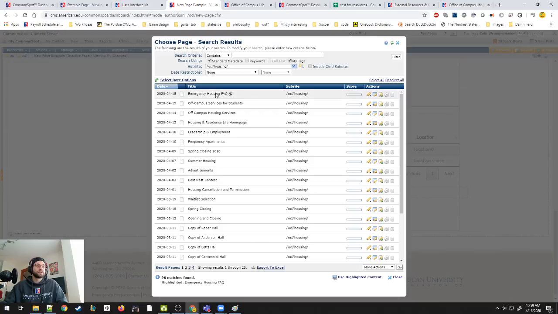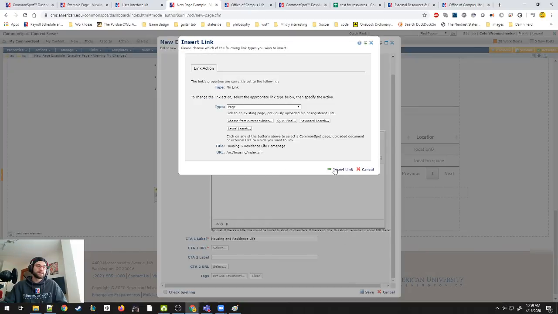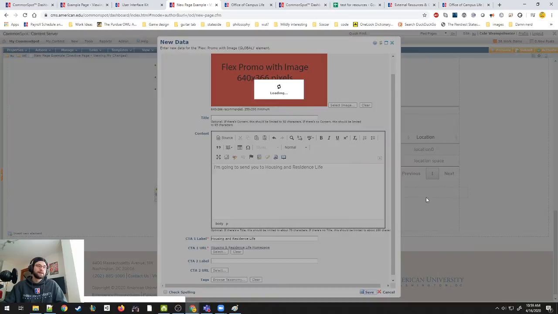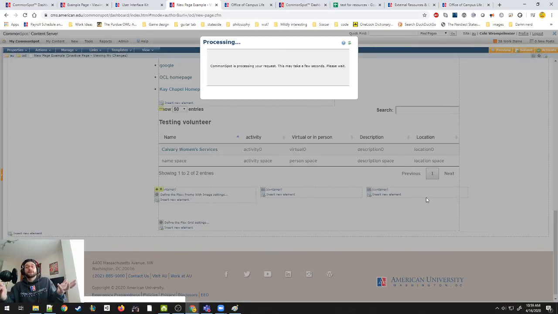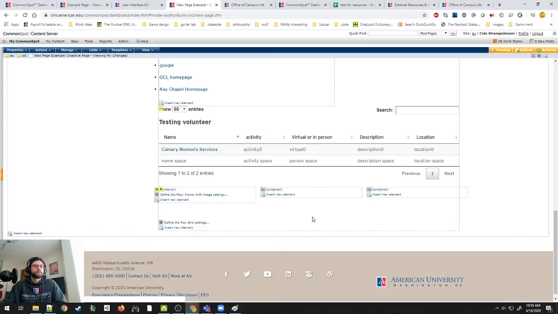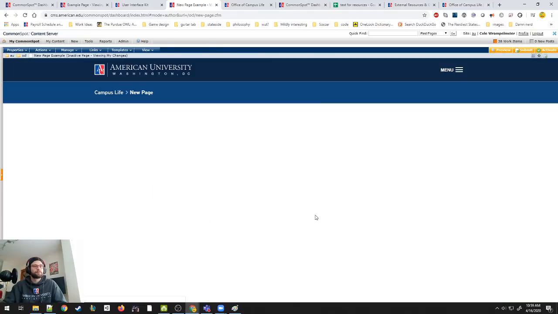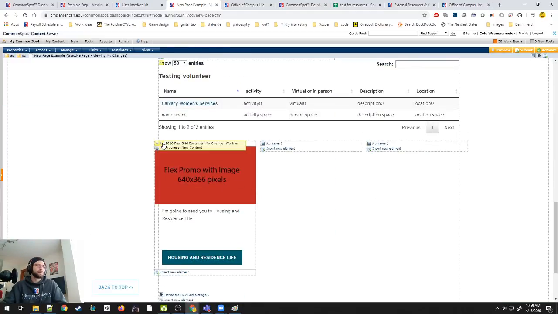We can try to sort, and home pages tend to be edited the most, I would say, out of a lot of these subsites. So that's a good way to find the page you want. Or you can just search by the page title, and you can of course always hit that arrow in the box to make sure it's the right page. Hey, okay.